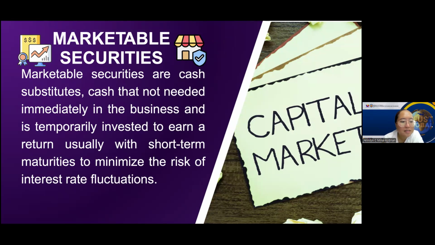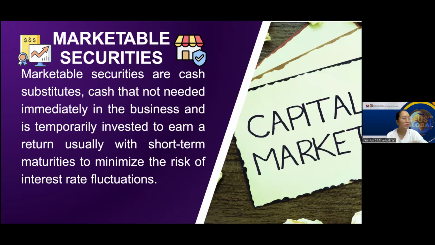Example: a tech startup invests $10,000 in short-term government bonds with a 6-month maturity, earning interest until the funds are needed for future expenses. So these marketable securities provide a safe, short-term return on cash that isn't required for immediate